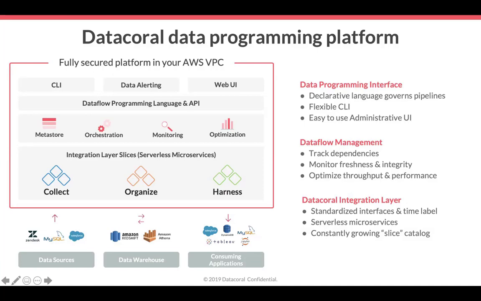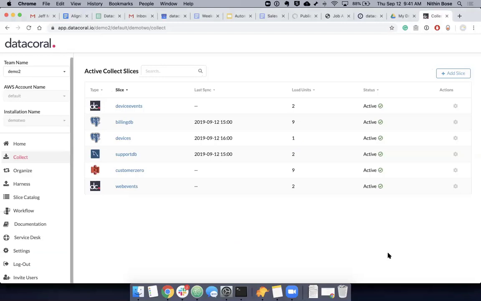Exactly. So I think what we should do right now is let's switch over to your machine, and why don't you show us what it's like to live in Datacoral a little bit? Sure. This is just one of our screens in the application. One of the things you might have seen in the previous slide that Jeff was sharing is that there are multiple ways to interact with Datacoral. We are an engineering first company, which means we highly pride API level access and command line access, in addition to having browser-based access. There are multiple use cases we can enable, but I'll show you a little bit of both.